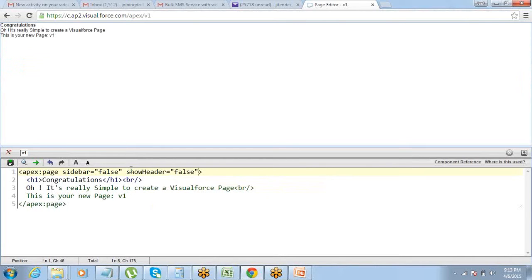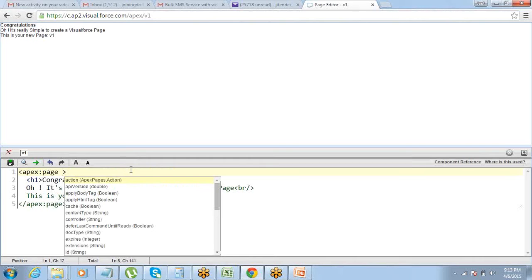So how does a component appear? That depends on the attributes of the component. So you don't have to use all the attributes every time, but depending on your requirement, you will choose which attributes you want to make true or false, or whatever value is required in the attribute, you have to supply that. Got it?